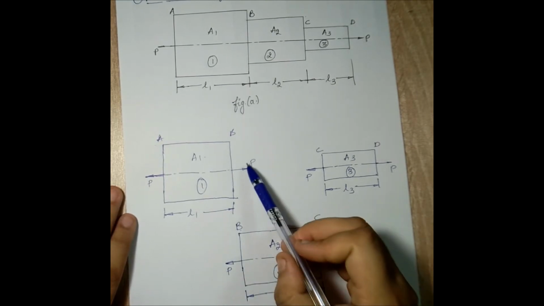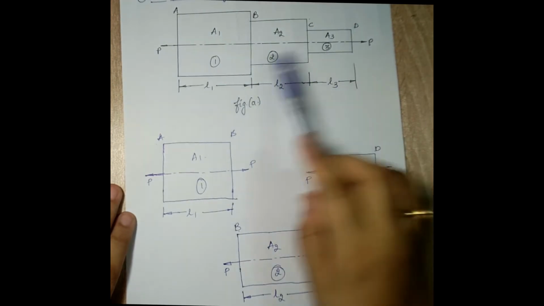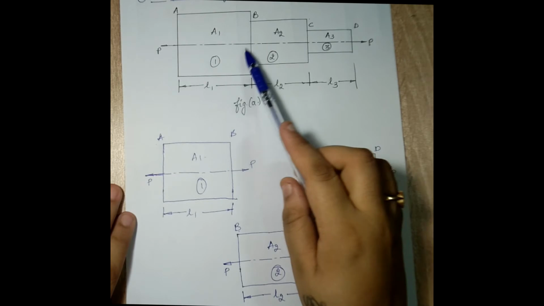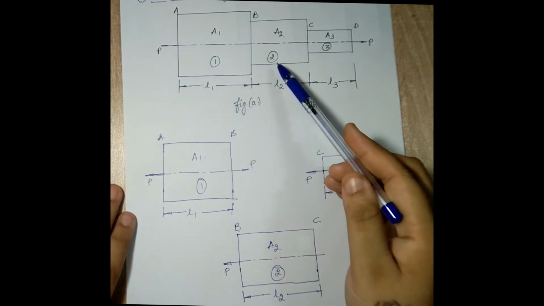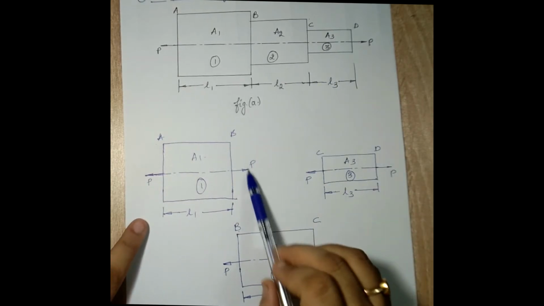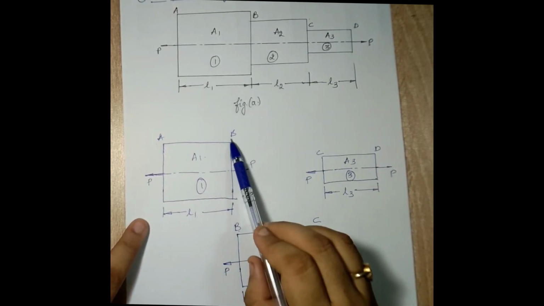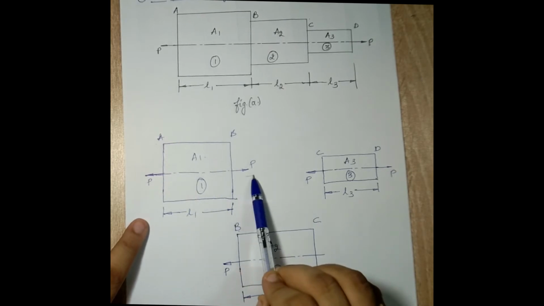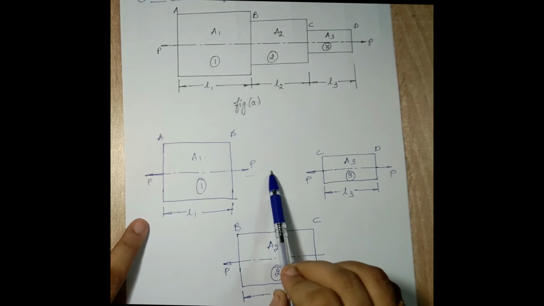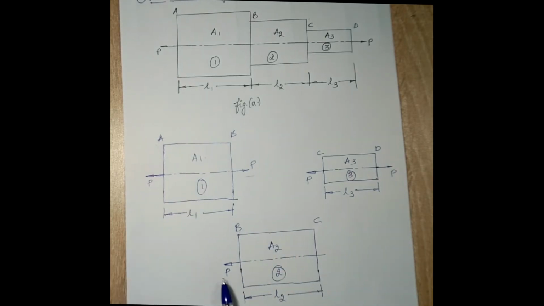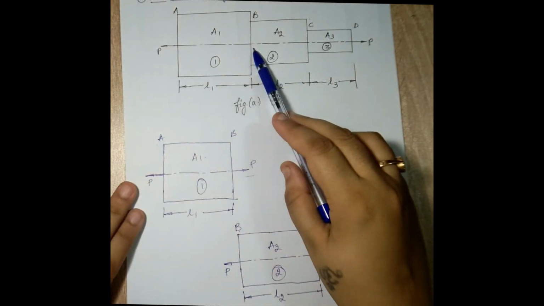Now why so? If you observe at this junction B in this compound bar, there is no load shown, which means two loads are present but they have cancelled out each other because they are equal and opposite in magnitude. Suppose I say that this P is 10 kilonewton. You can observe at section B for bar AB, B is going to create 10 kilonewton positive, and from bar BC at section B, P will create a negative 10 kilonewton. So they actually cancel out each other and there is no load shown.